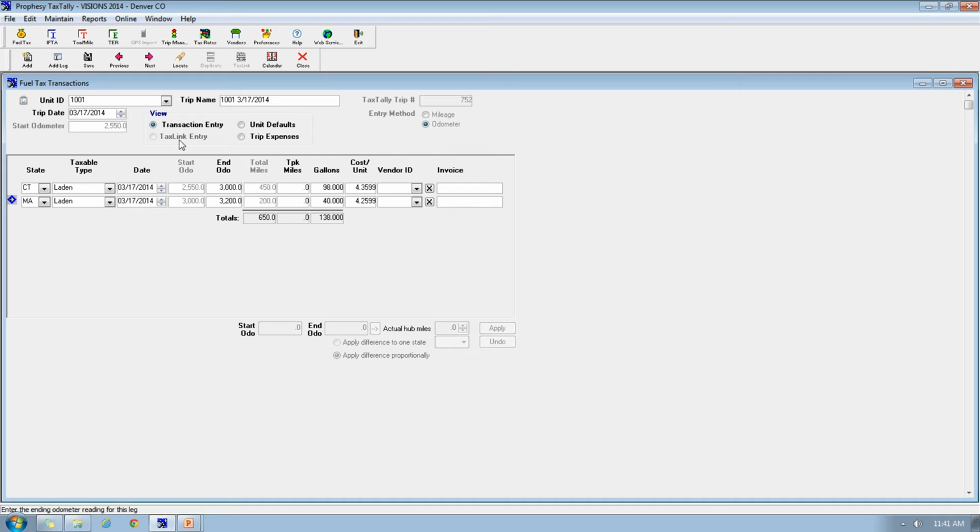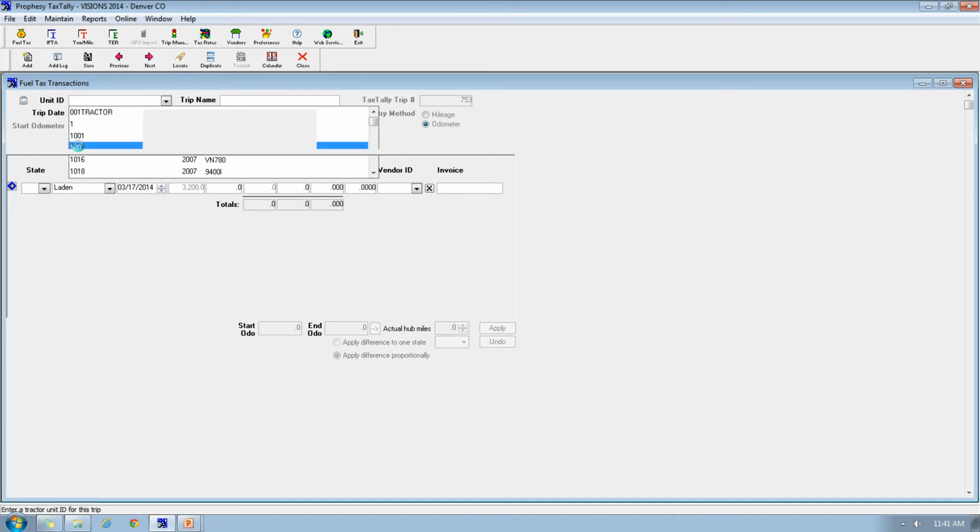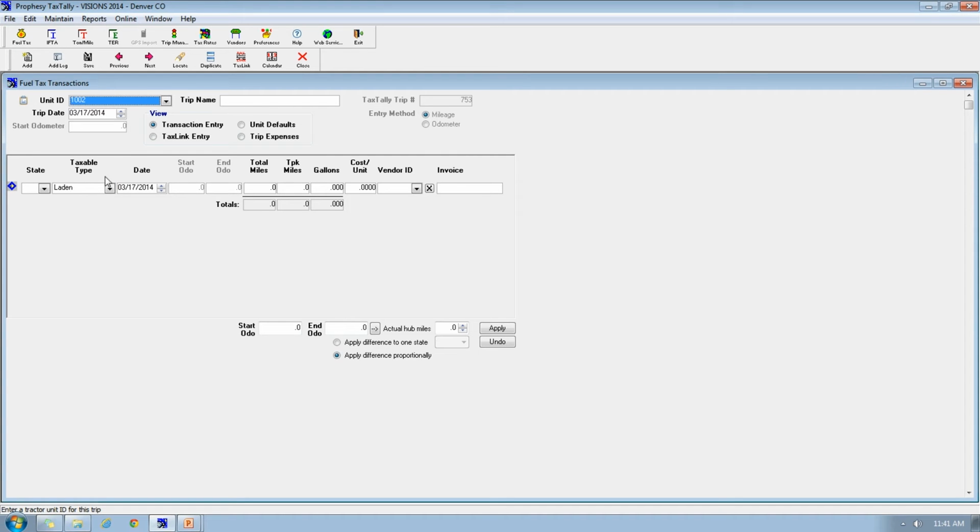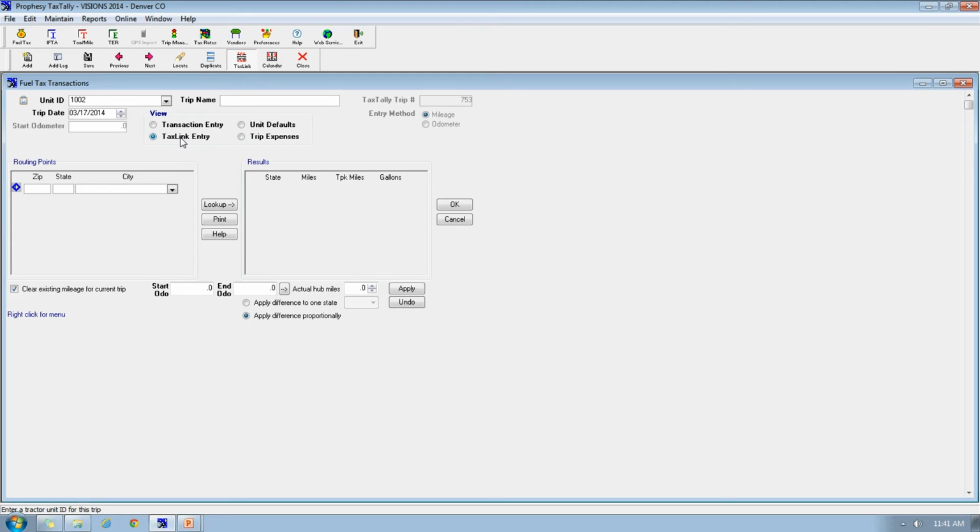When I want to add another fuel transaction, I click Add. This time I'm going to pick a different unit number. And in this unit number, I'm going to use what's referred to as our tax link entry. The tax link entry allows you to actually plug in the points as routing points, and then it relies on the Prophesy mileage program to then look up the miles based on those entries. So I'm going to go with